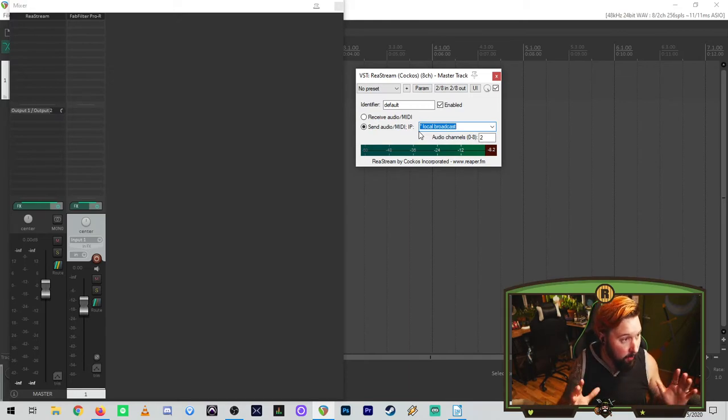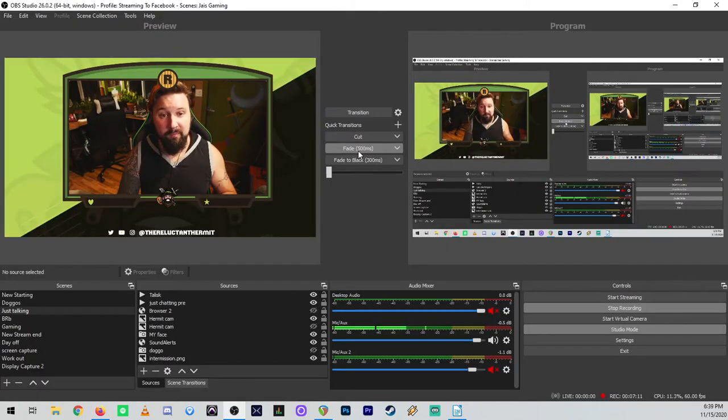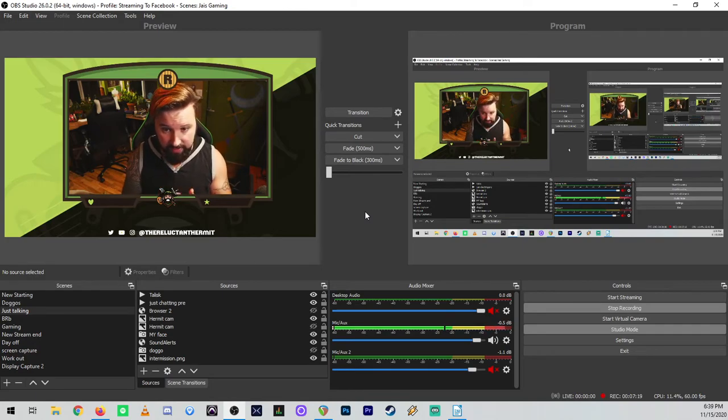Now that we have ReaStream put on our master bus right over here, I have a track armed here, and I will show you why I have it armed here. And there's some reverb on there for fun, because I'm going to show you what happens when we go into OBS. All right, so we've opened our DAW, we've set ReaStream to the settings that I said, and now we're